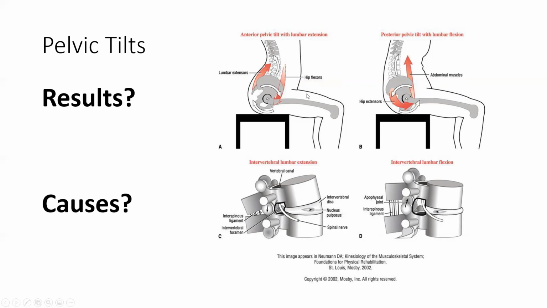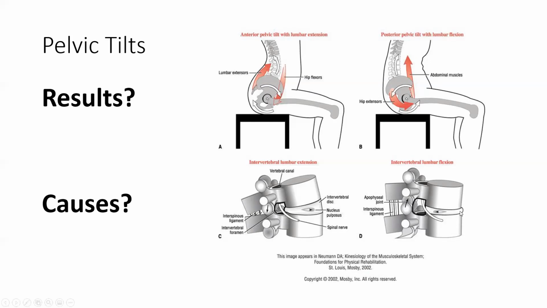So we know that anterior pelvic tilt, or extension at the lumbar spine, can lead to aggravations of the posterior spine. It can cause some compression of spinal nerves. It can cause the facet joints to be a little bit compressed. We also see that anterior pelvic tilt gives us lumbar extension, and posterior pelvic tilt will give us lumbar flexion, which we can see as